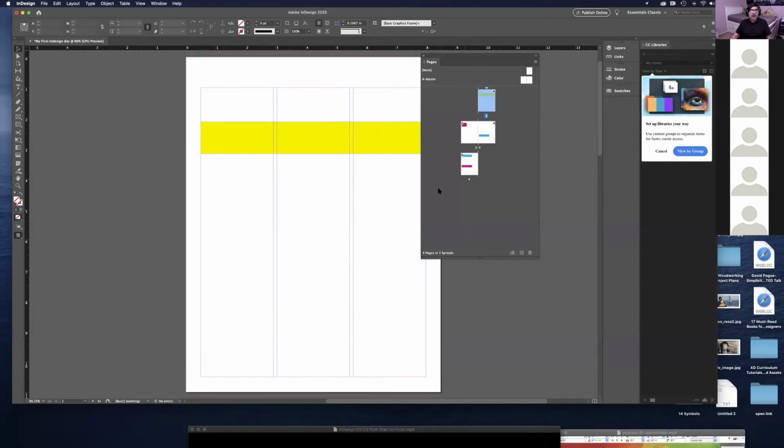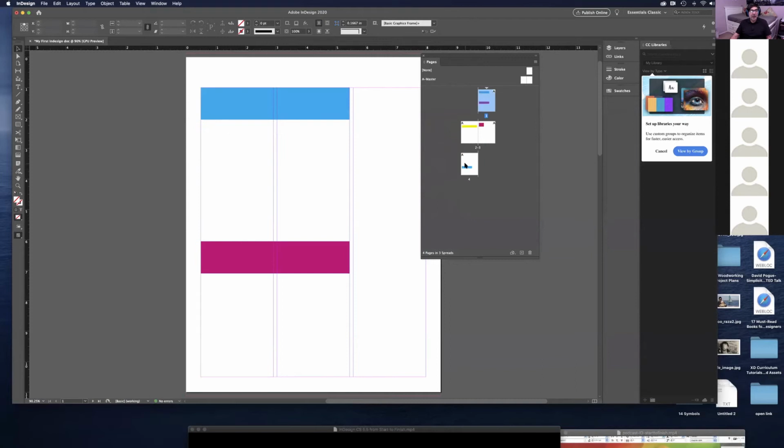Okay, so you will notice that it doesn't happen that way. Okay, and I'll show you how to fix that. But if I want to put this page right next to page 1 on this side, by default, this is not possible. So how do we do this? So in order to do this,